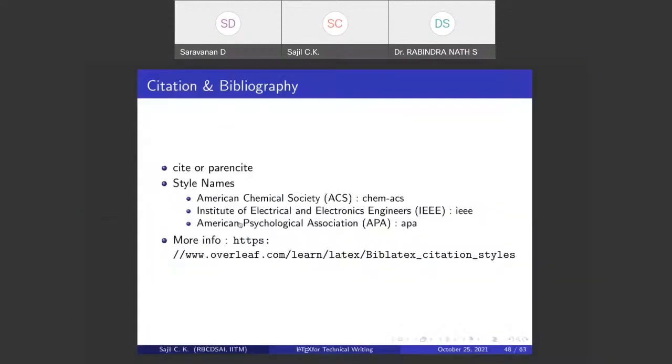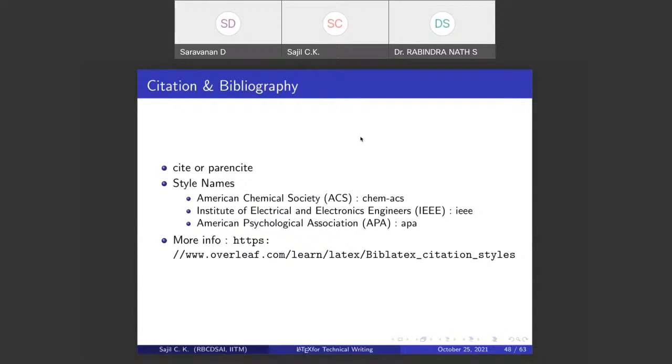Let me bring up the slides again. Okay, so when it comes to the citation part, we can see mainly two types: the parenthesis cite or the author-year cite. How to do it? No, we don't need to do it manually. That's the point. If you are going to do it manually, then you will know the pain.